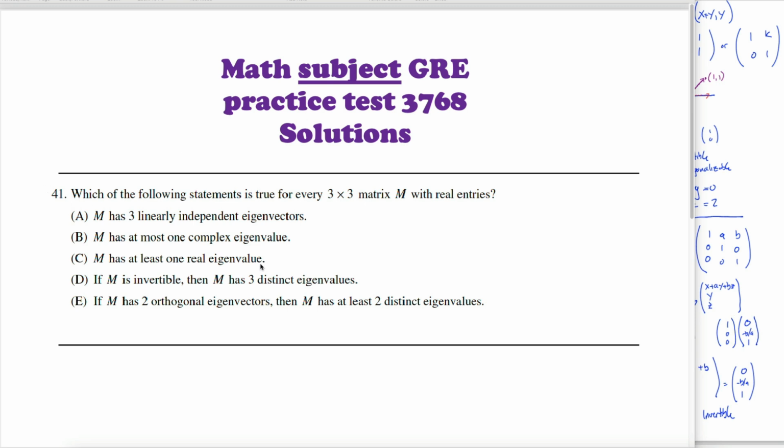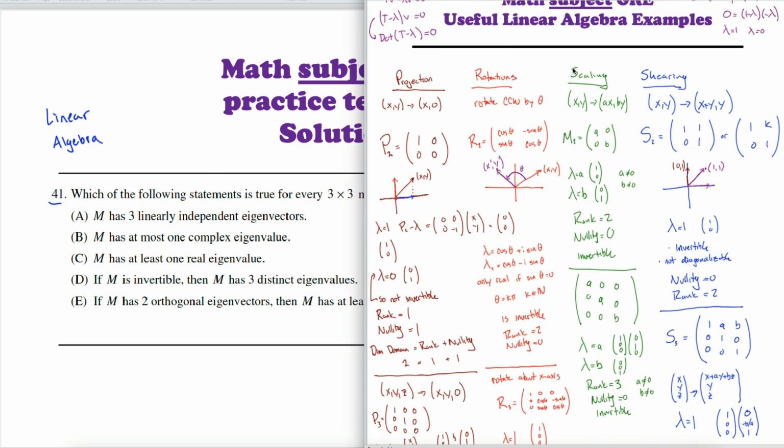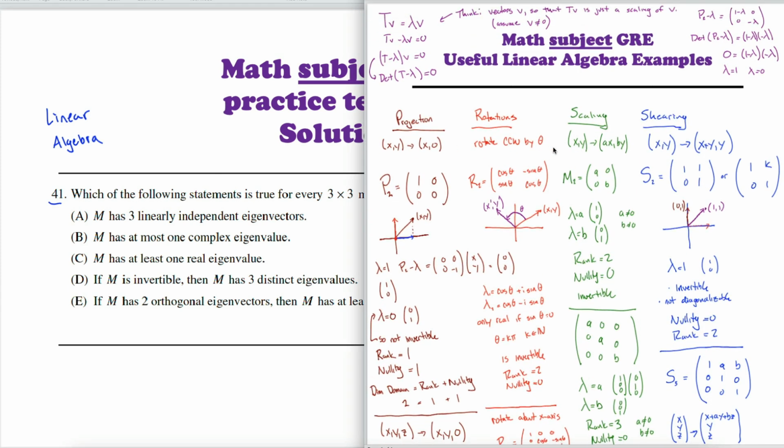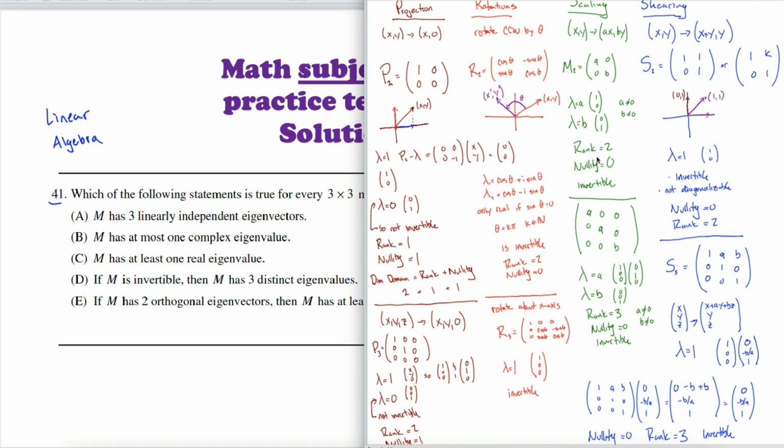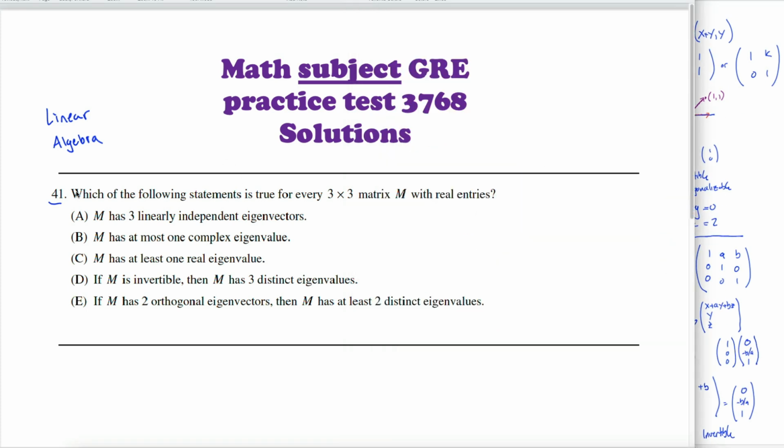All right, question 41 for the math subject GRE practice test. We got some more linear algebra here, and it was this problem that inspired me to make a different video, which I'll put right before this one in the playlist, where I kind of review some linear algebra examples, just kind of pick on the most basic transformations, projections, rotations, scaling, and shearing, and think about them in 2 and 3 dimensions. I didn't necessarily create all these examples with this specific problem in mind, but it was this specific problem that caused me to make that video, so hopefully we can use those examples to answer all these different